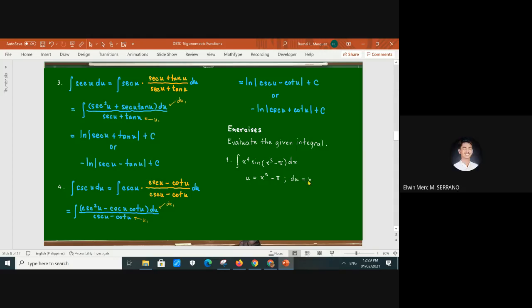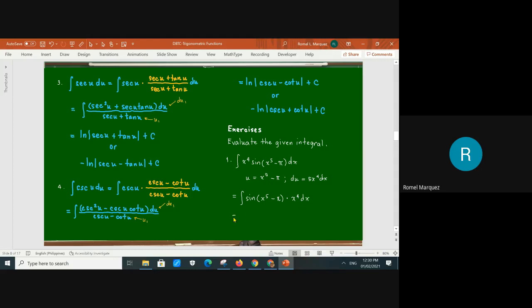5x raised to 4, po. Okay, very good. Talagang magagaling kayo. Differential niyo si Sir Bong, no? Ibig sabihin you learned how to differentiate, no? So let's rewrite. Since there is a missing 5, this is not yet correct, no? So let's rewrite that so that it will take the form sine u du. So sine, our u is x to the fifth minus pi, quantity multiplied by x to the fourth, then